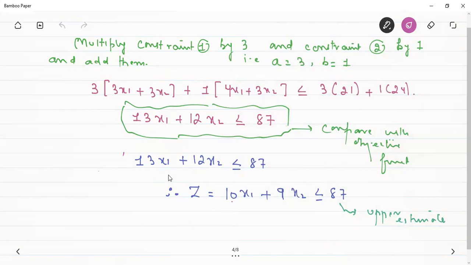Therefore, its maximum value has to be at least 10. Therefore, it can't be less than 9. Similarly, for 12, I have to bring it to 9, but I can't go below 9. Here I can't go below 10. Here I can't go below 9. Therefore,